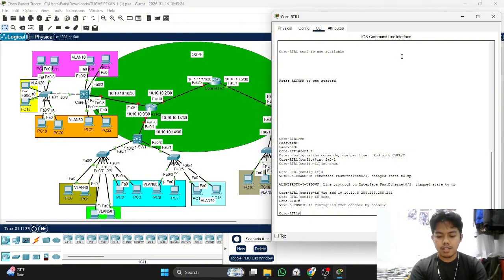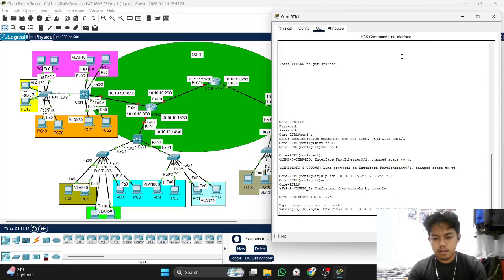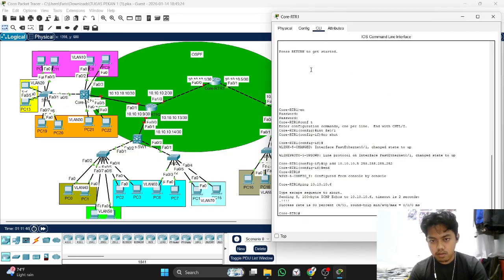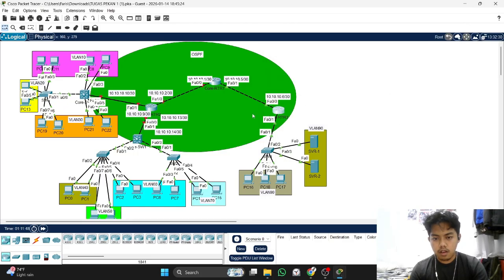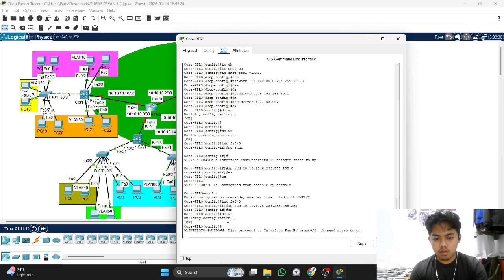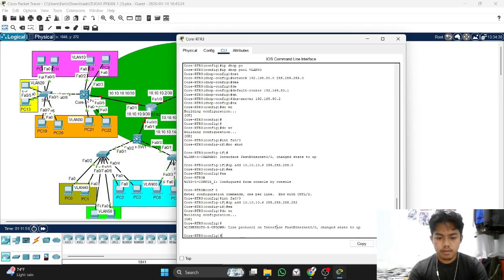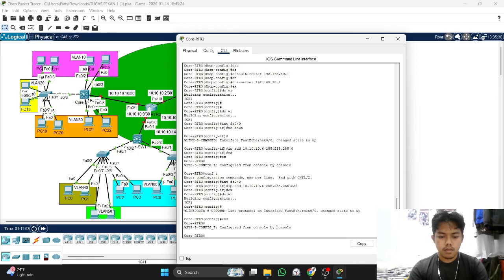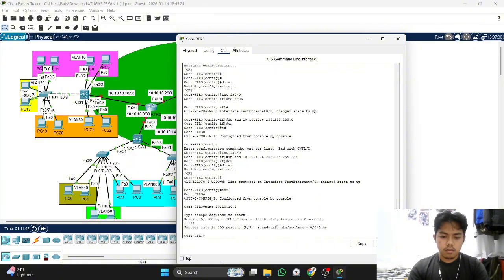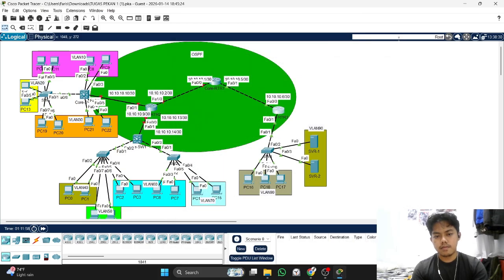Now we will test ping to that router. Okay, we success to ping, and now we test to that router. Ping 10.10.10.5. Okay, success.